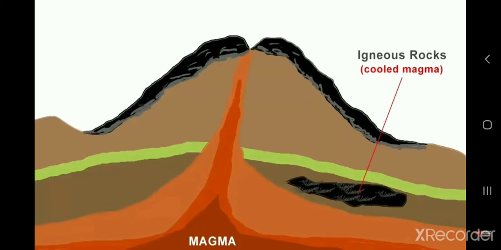Mostly these rocks appear hard and homogeneous, meaning that compared to other rocks, it is harder and cannot be broken easily. These are heavy as well, and we cannot get fossils in these rocks. As it is very heavy, we cannot get fossils in this rock. Further on we are going to learn what fossils are.